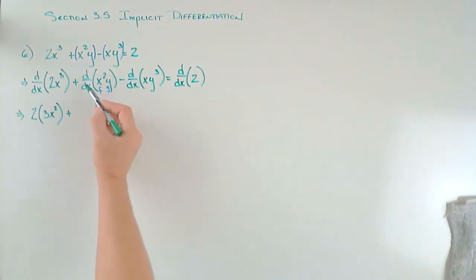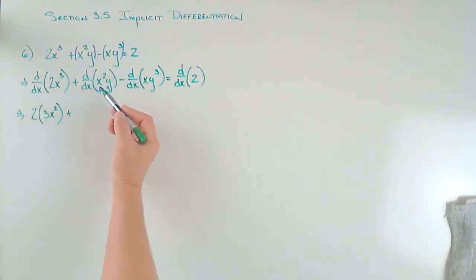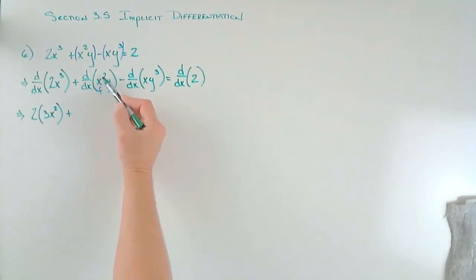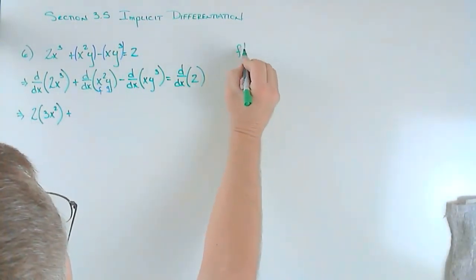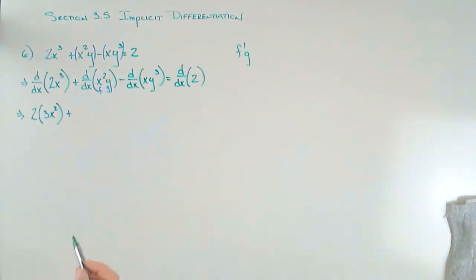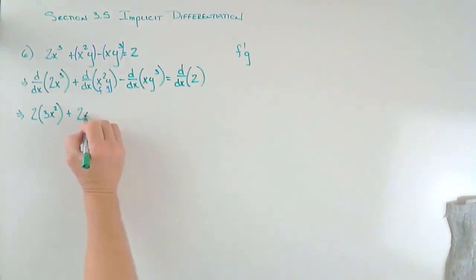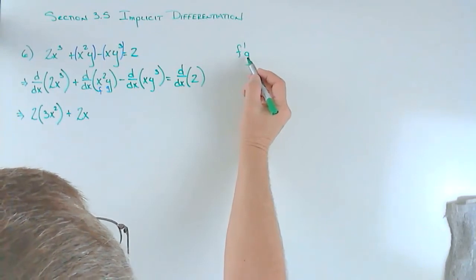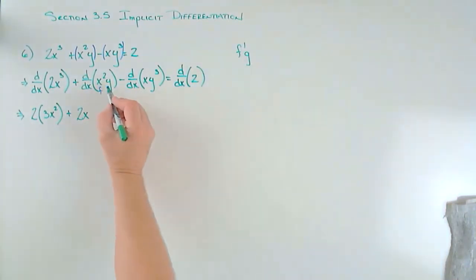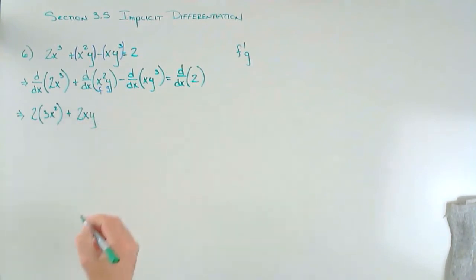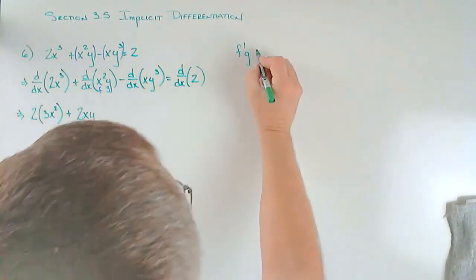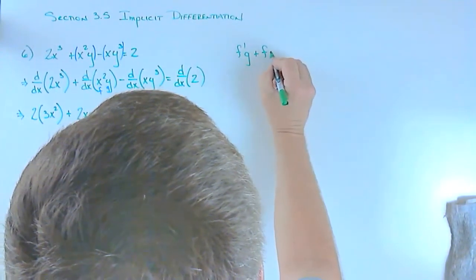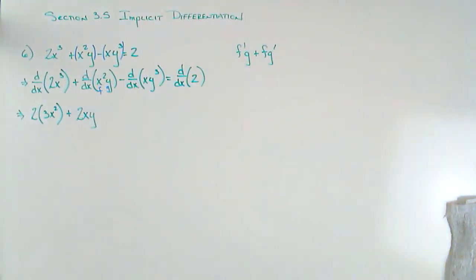When we take the derivative of a product, the product rule says you take the derivative of the first term, right? The product rule was f prime times g. So I take the derivative of x squared. That's going to be 2x. I multiply that times my second factor, which is g, in this case y, so I just multiply. But we're not done, right? Because the product rule has another part. We leave f alone and we take the derivative of g. So we leave f alone, so plus,